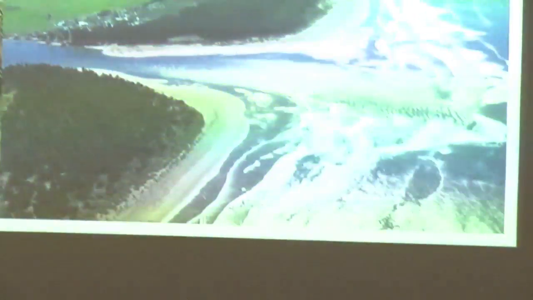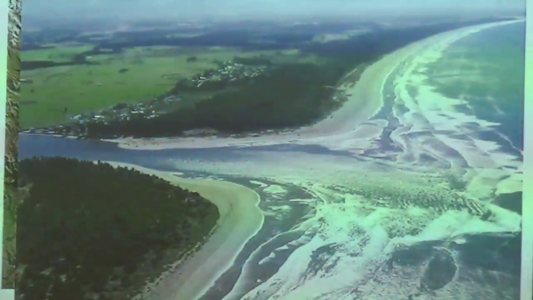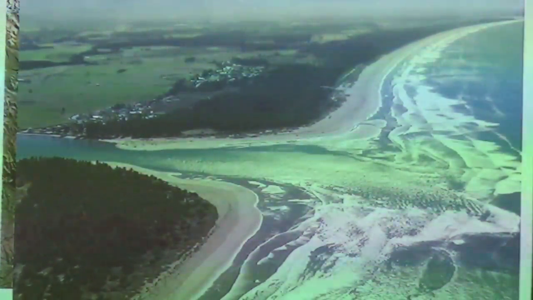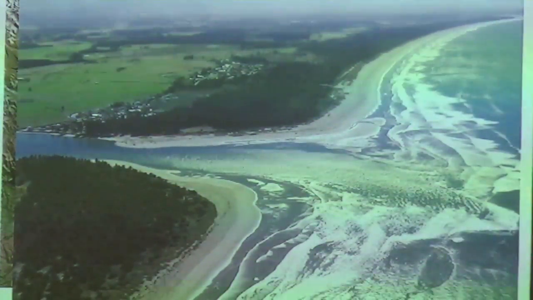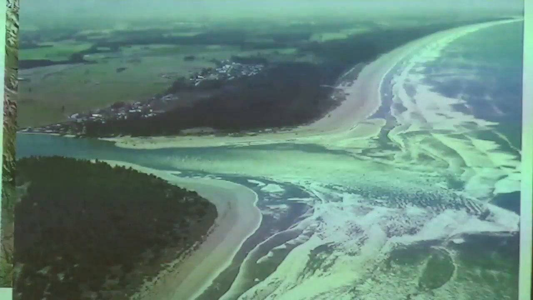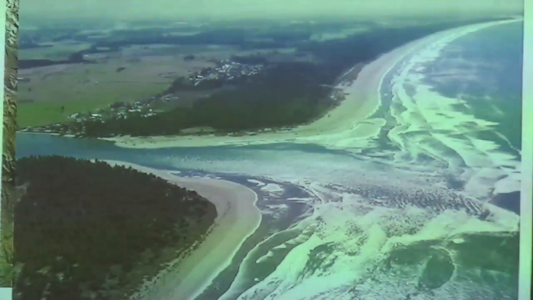Another important factor is our sediment budget. This is the amount of sediment coming into and going out of our beach systems. It's a little bit like an accounting system for coastal geomorphologists. And we have a healthy sediment budget at the moment, fed predominantly by rivers, and the big star in our sediment budget is the Waimakariri River. So the Waimak plus a little bit from the Ashley, the Kowai and the Waipara is pumping sand into our coastal environment, and enough sand of the right size to maintain that shoreline against the particular wave climate that we've got at the moment and the sea level rise rates that we've got at the moment to prevent it eroding.